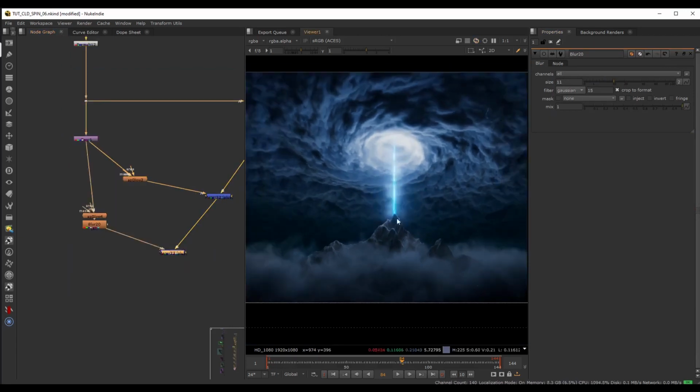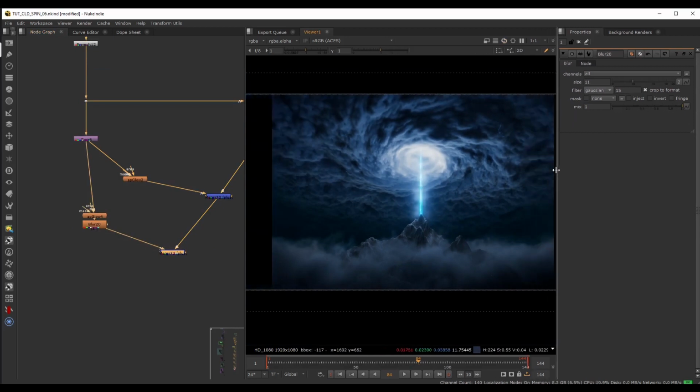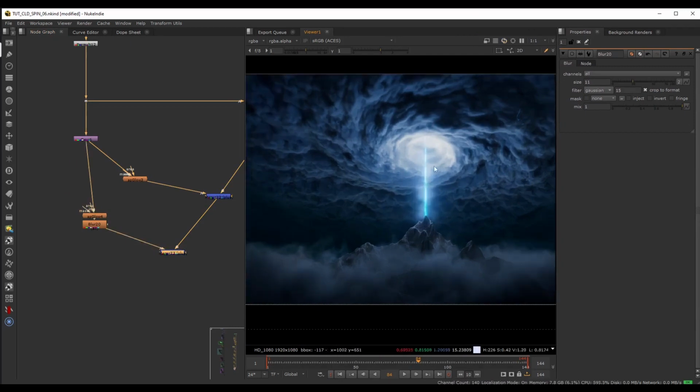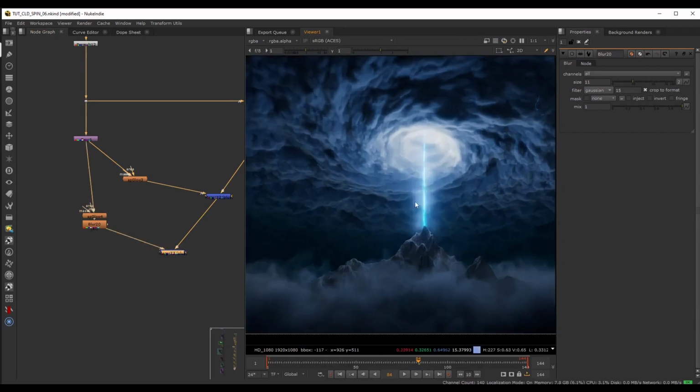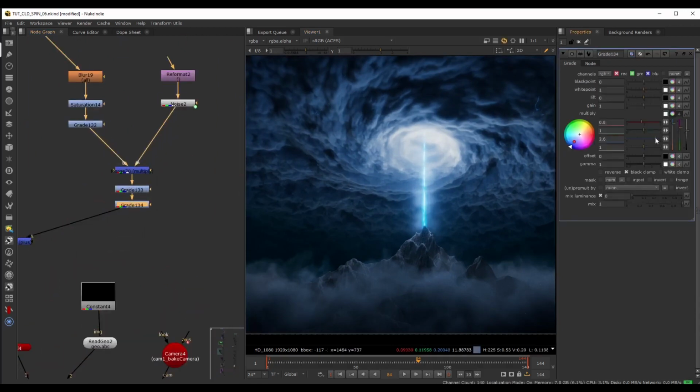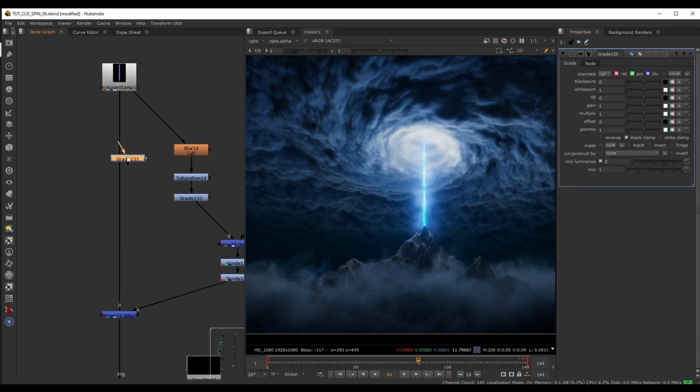Okay, so we can see that with the second layer of glow, we add a little bit more of a global brightness effect. So we can maybe go back to the color of this smoke and just introduce a little bit more, something like this. And also for our main